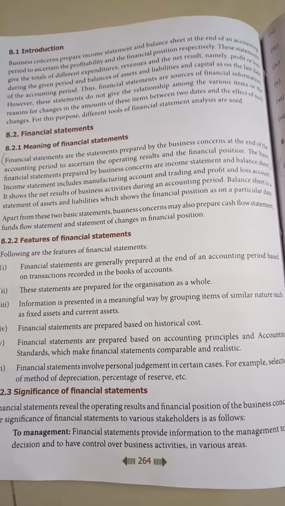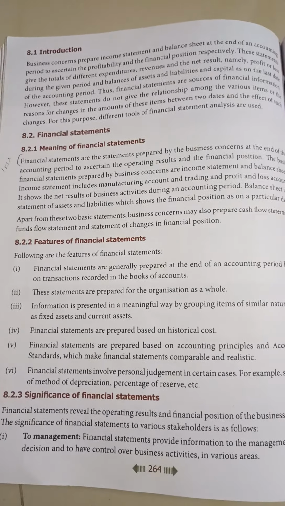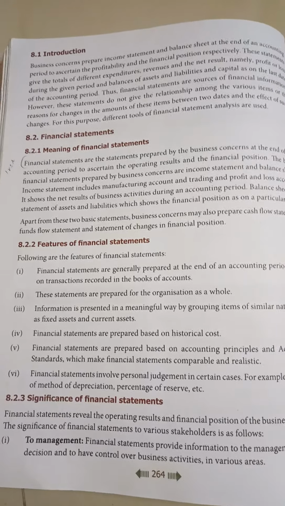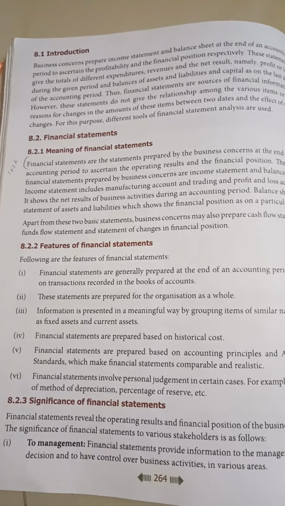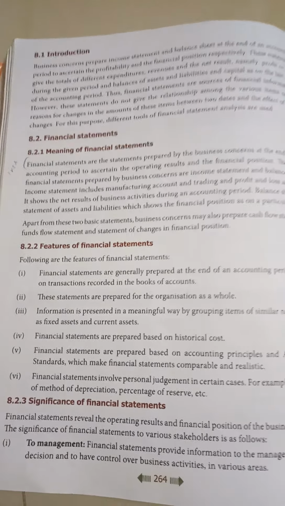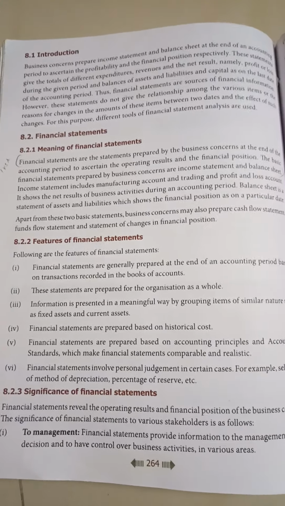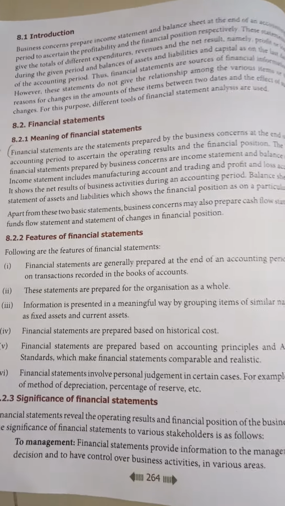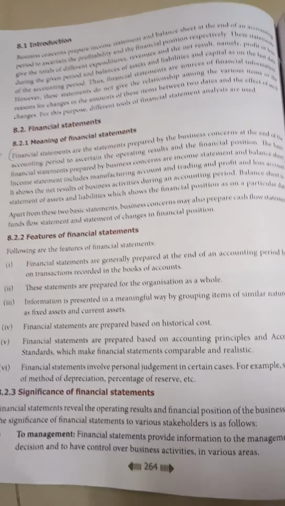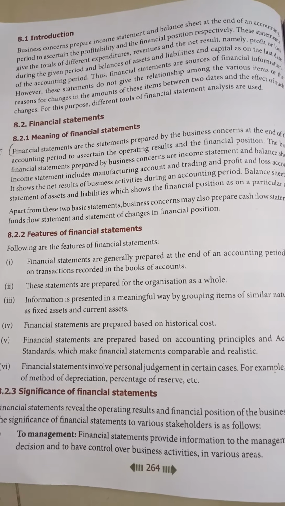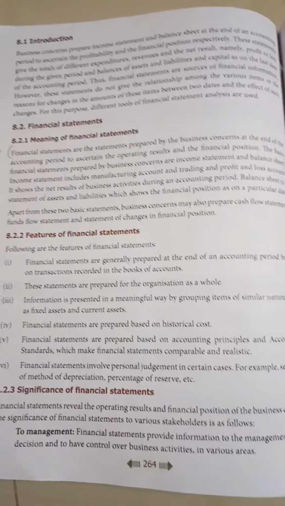Then the fourth one talks about historical cost. So historical cost is nothing but, for an example, if you purchased a furniture, maybe on Jan 1st 2020, for rupees 15,000, when somebody asks you at what cost did you pay for this furniture and what is the cost of the furniture, we immediately say it is 15,000 and not the actual cost as on that date, which means it would have got depreciated. That depreciation will not be shown in the financial statements. Then moving on,